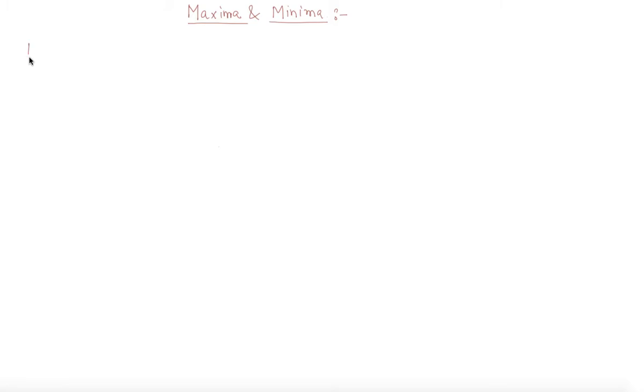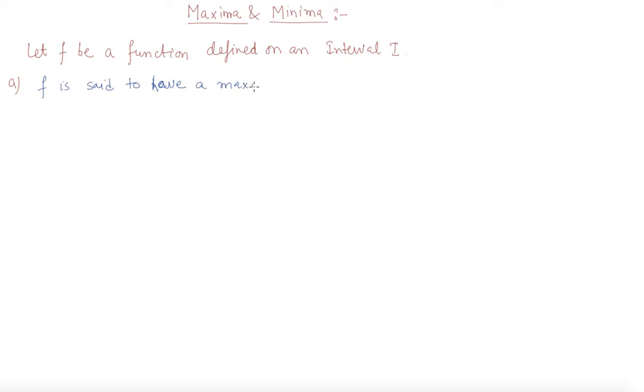So let's say f be a function defined on an interval I. So the function is defined in between this interval. Okay. So the first point is f is said to have a maximum value in I